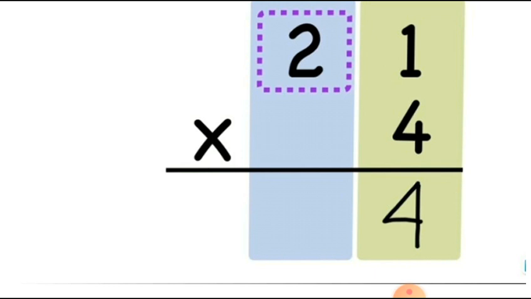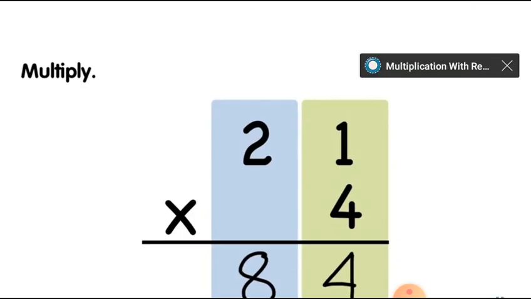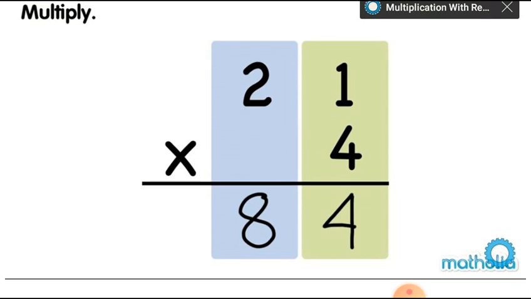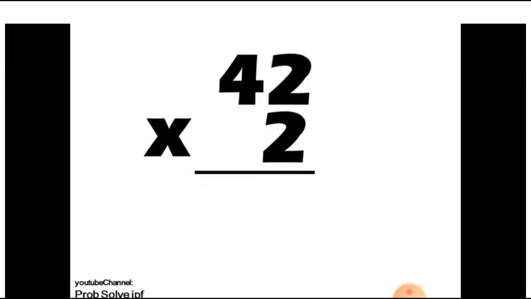Now you have to multiply 4 with 2. That is 4 with the tens place digit. So say the table of 4 up to 2. That is 4 ones are 4, 4 twos are 8. Very good. So 4 twos are 8. You can write in tens column. So we got the product 84. Okay. So this is the answer. Copy this one also.